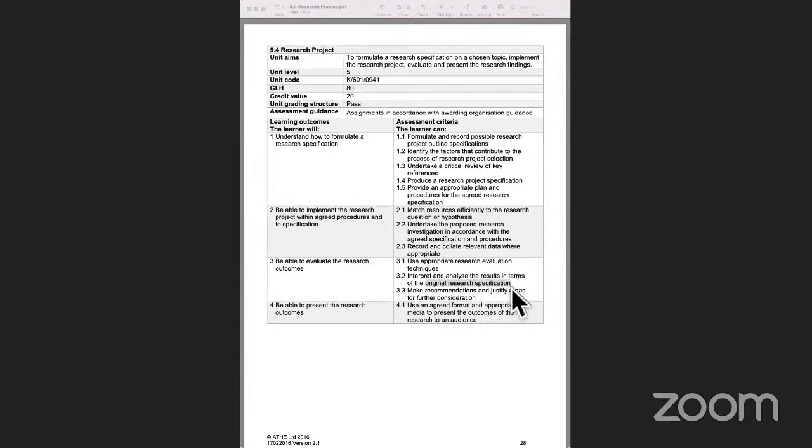This particular learning outcome has 3 different assessment criteria. One, which is 3.1, says use appropriate research evaluation techniques. So we look at what research evaluation techniques are. And when we talk about these techniques, we've touched on them briefly in some of the other sessions, broadly to